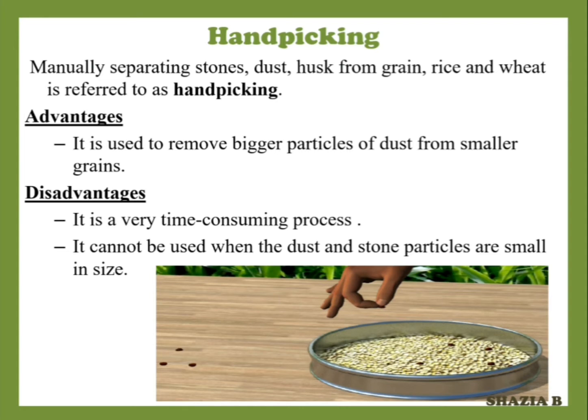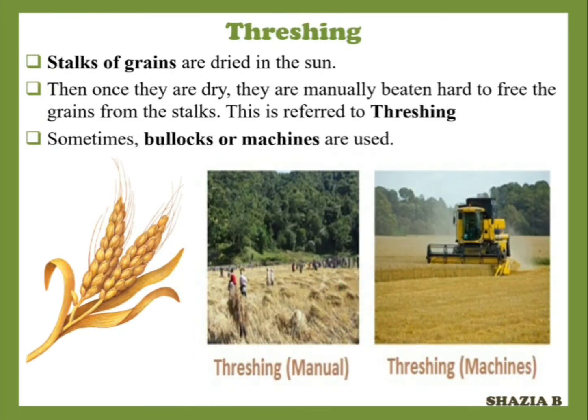So next we are moving to our next process, that is threshing. So what is threshing? Threshing is simply the process of separation of grains from stalks. We do not directly get rice grains from plants. What we actually get is, as you can see in this first picture, the stalks. We can see in the first picture the stalks that are being given here. That is a stalk, and grains are actually present inside these stalks.